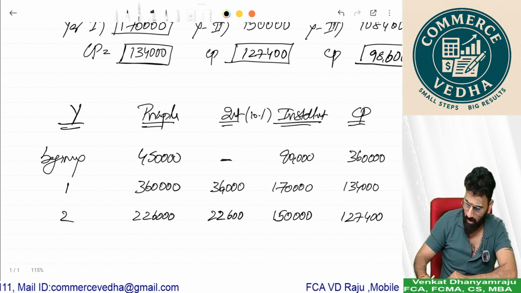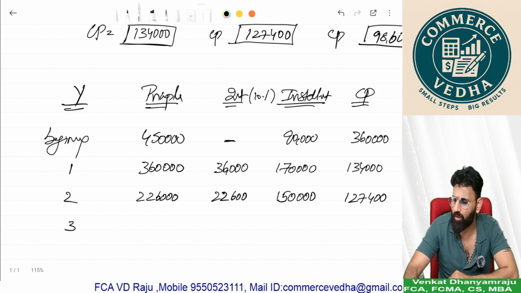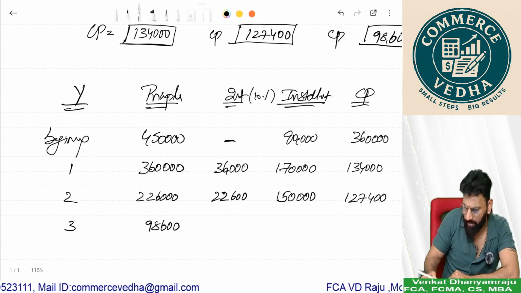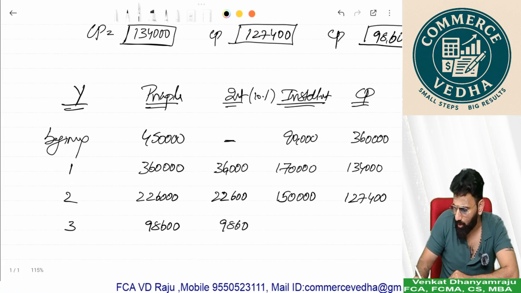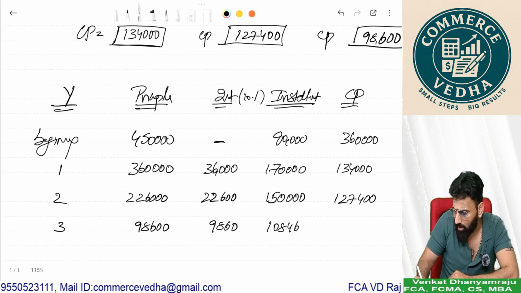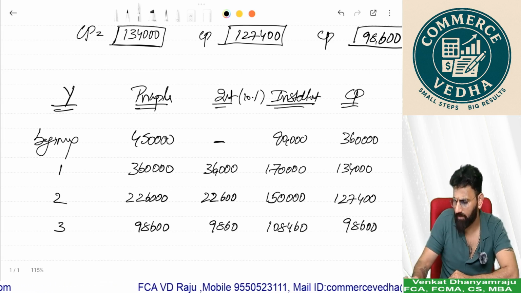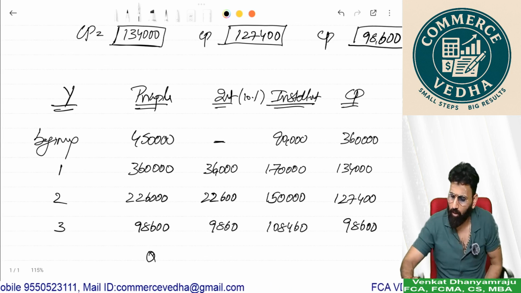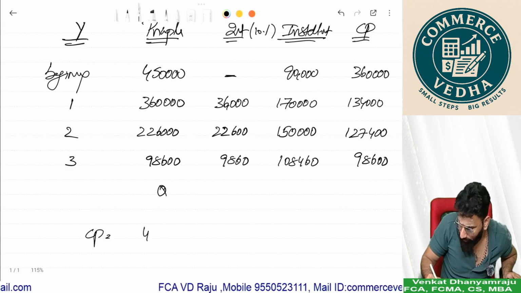1,27,400. Now the third year due is 127,400 minus 22,600, which is 98,600, and on that interest is 9860, you pay a total of 108,460, and the principal amount paid is 98,600. Due becomes 0. So if we go with the principle of what we learned, cash price is 450